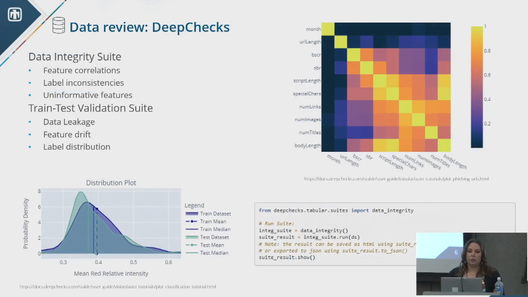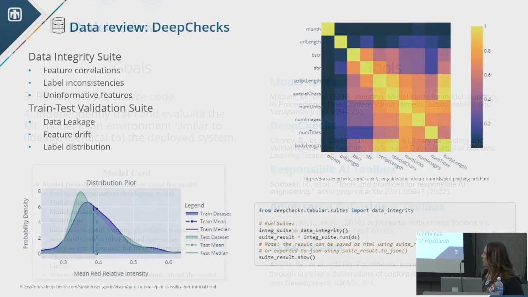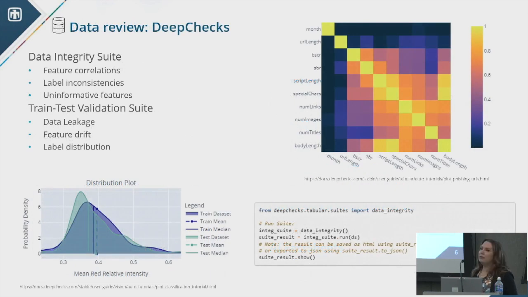Second on the tools that are readily usable for data review is a Python library called DeepChecks. What we found is they have a data integrity suite, they have a train test validation suite. It might be a little small to see, but to implement this into a Python script, it's four lines of code. Very low effort, and all of a sudden, all of the exploratory data analysis that I used to program by hand every time is provided to me.